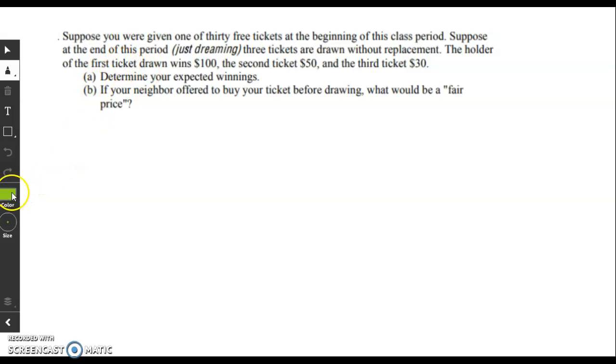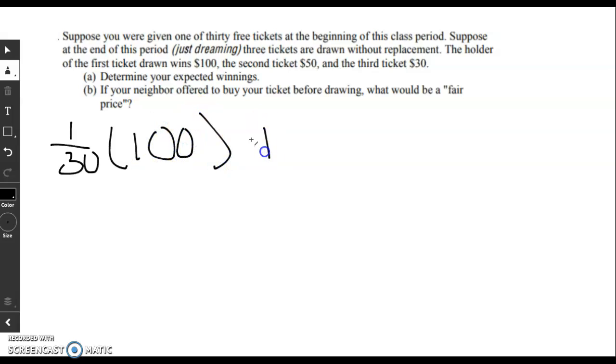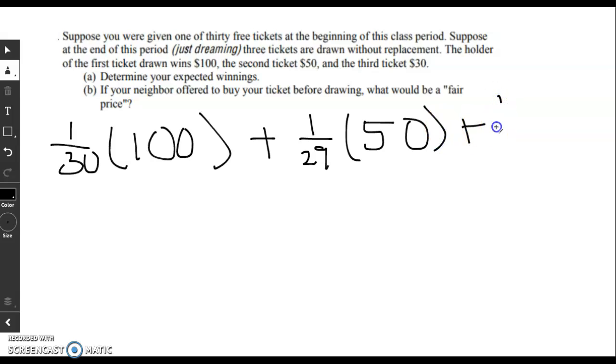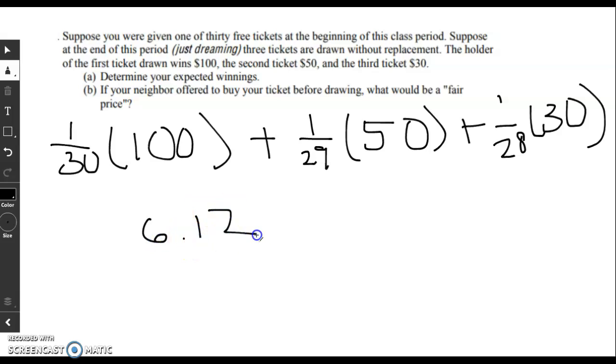Determine your expected winnings. So first, 1 out of 30 is the first one. I win $100. It's without replacement, so the next one would be 1 out of 29 because one is left, and I have 50. And then the last one would be 1 out of 28 because those are not replaced. Give me 30. So if I multiply this up and add it, I get $6.12. All right, so it says if your neighbor offers